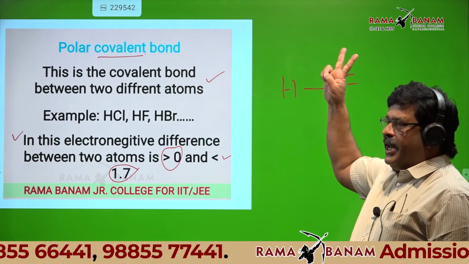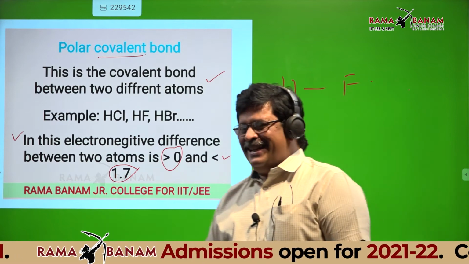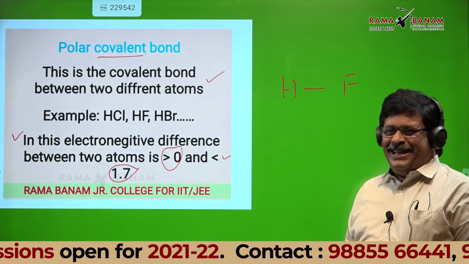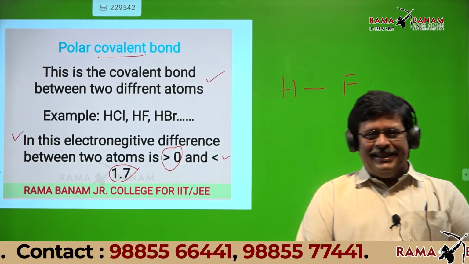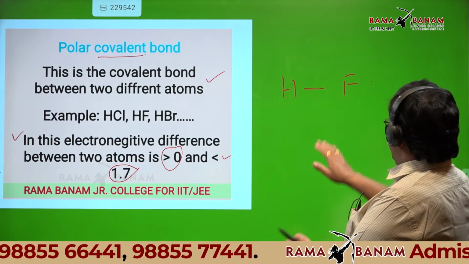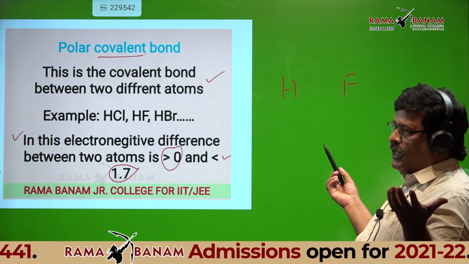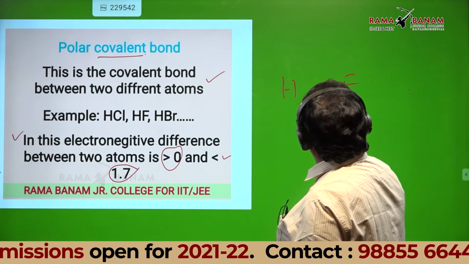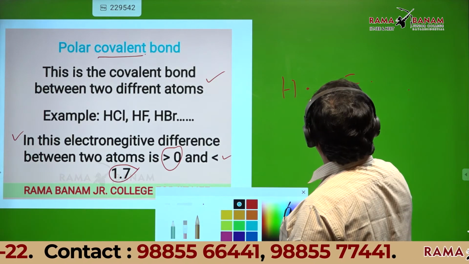One bond means two electrons. I showed 2 fingers and someone said 1 electron, someone said 4 electrons. Okay, here it is 2 electrons. Listen to me, I'll explain how that bond is formed. There are 2 electrons. Can I write 1 electron from hydrogen and 1 electron from fluorine?